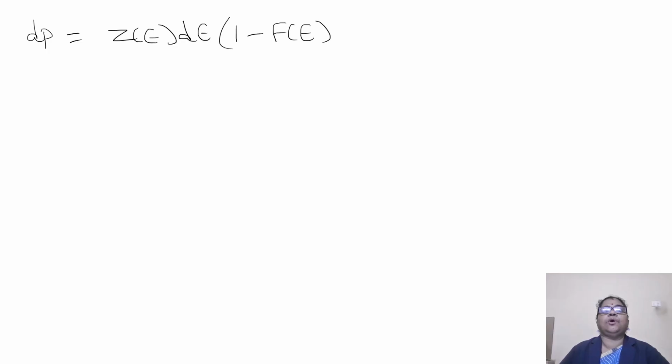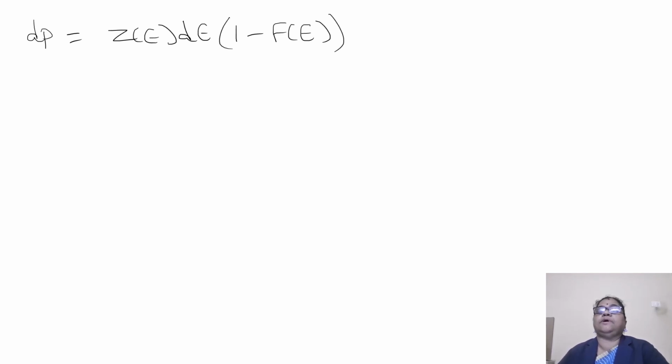The density of holes can be represented as dP, that is equal to Z of E dE, multiplied by 1 minus F of E. F of E is the probability of occupancy by electrons. We already derived F of E for the density of electrons in the conduction band. The total probability is 1, so if we have 1 minus F of E, then we can easily get the probability of occupancy of holes